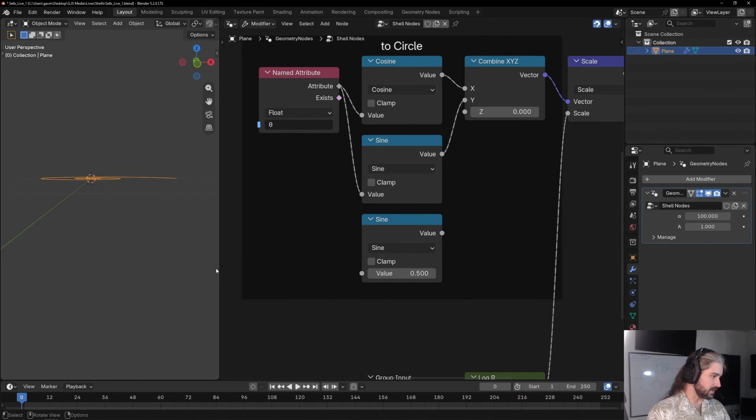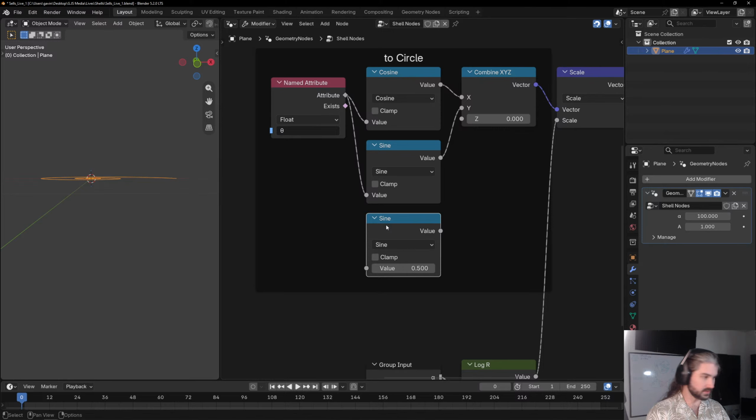It's not going to look very radial for a second because we still have some trig involved, but I'm just going to copy this down real quick because